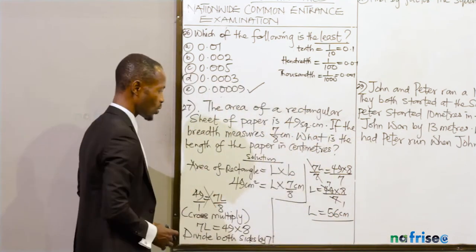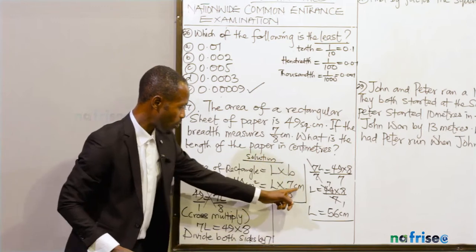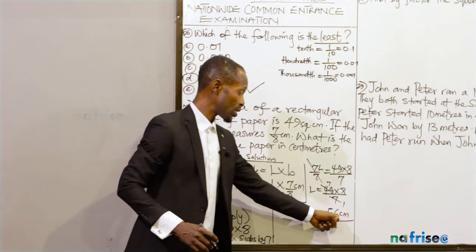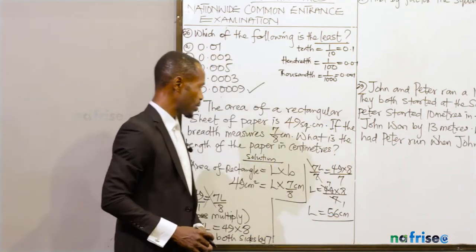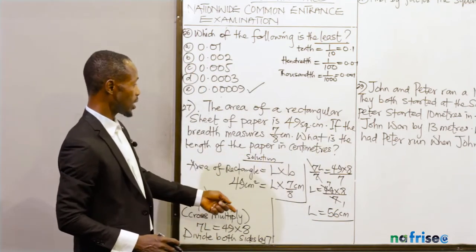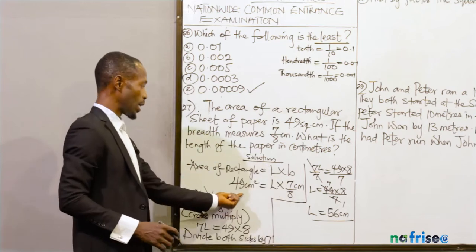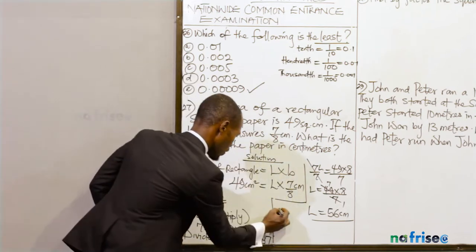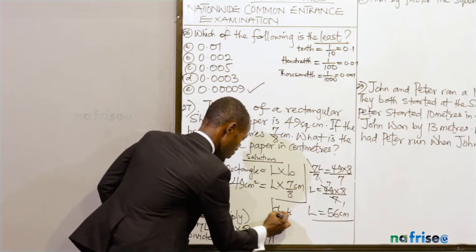I remove the denominator, all this centimeter square, I remove them so I don't cause confusion. So the length is 56 centimeter. If you look at it, 56 times 7 over 8 will give you 49. If you want to check it, you can check it. Or if you want me to check for you, look at it here. The length is